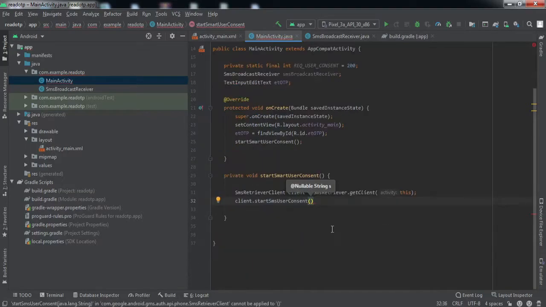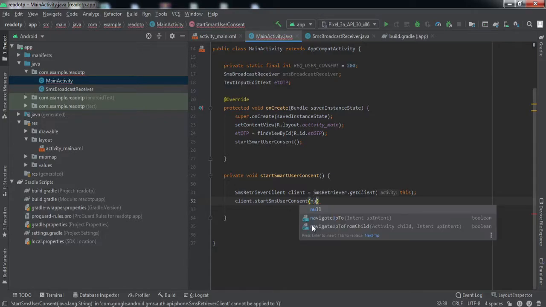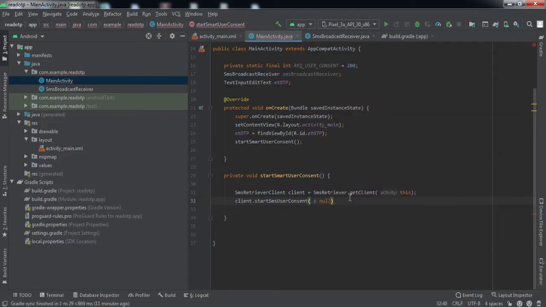And here is one thing, to use this API, the very first condition is the text you are getting from a number should not be saved inside your contact list. In case it is saved, you need to mention that number here. In my case, that number is not saved in my contact list, right? This is preferred when you know the number from where you will be getting the message, then you should mention it here, otherwise you pass null. So in my case, I'll pass null here, right?